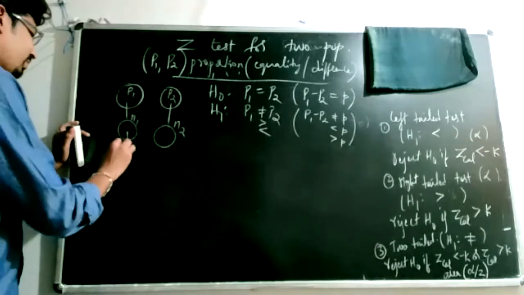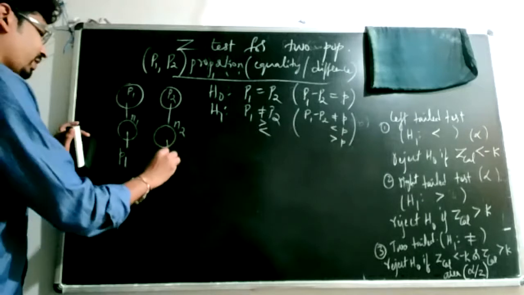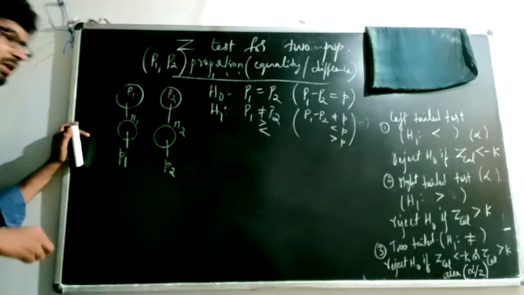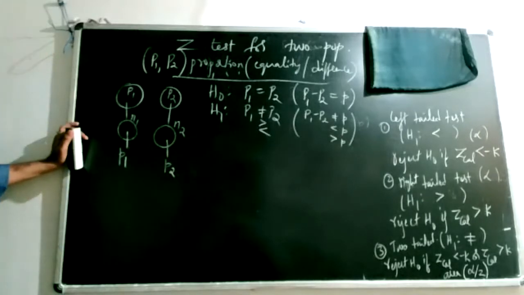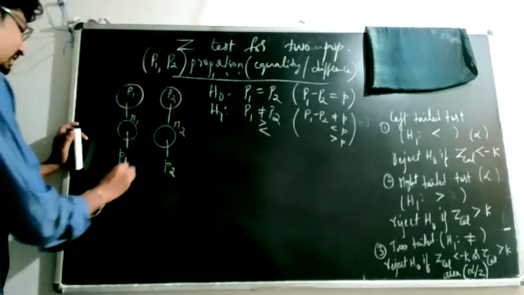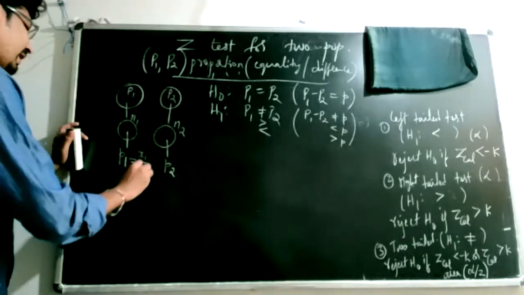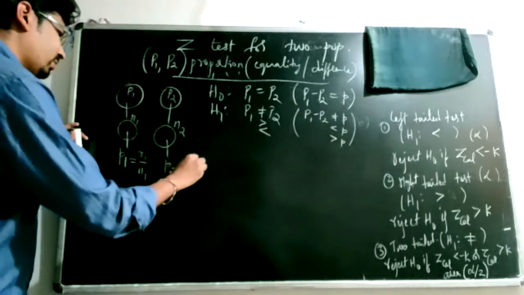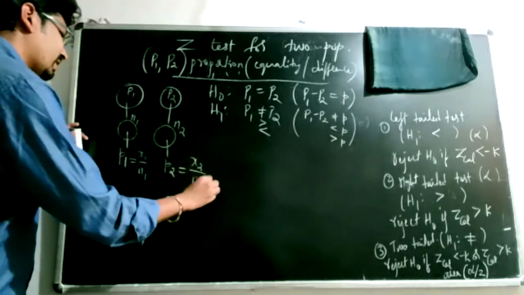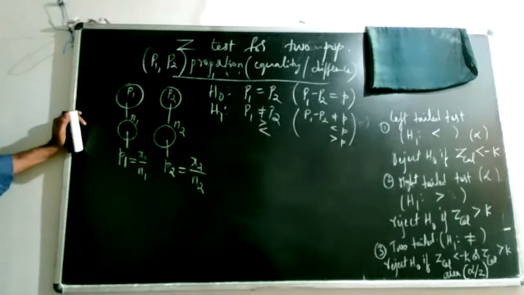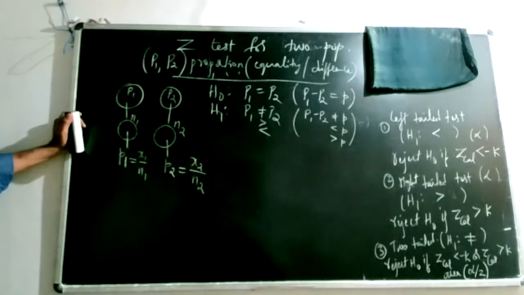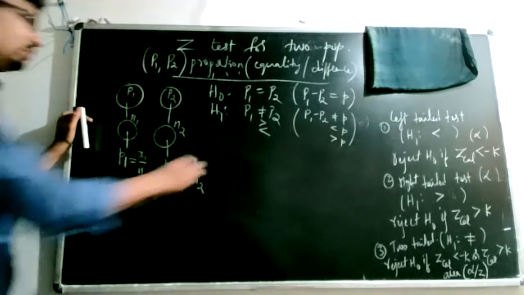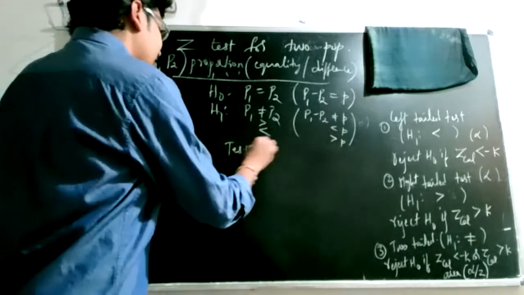And for this sample, we'll compute sample proportion P1. And from the second sample, we compute the sample proportion P2. Taking the same definition, out of the selected N1, X1 is favorable to that particular attribute. And in case of the second sample, X2 is favorable. You can have cases where N1 is equal to N2, not an issue. Now coming to the test statistic,